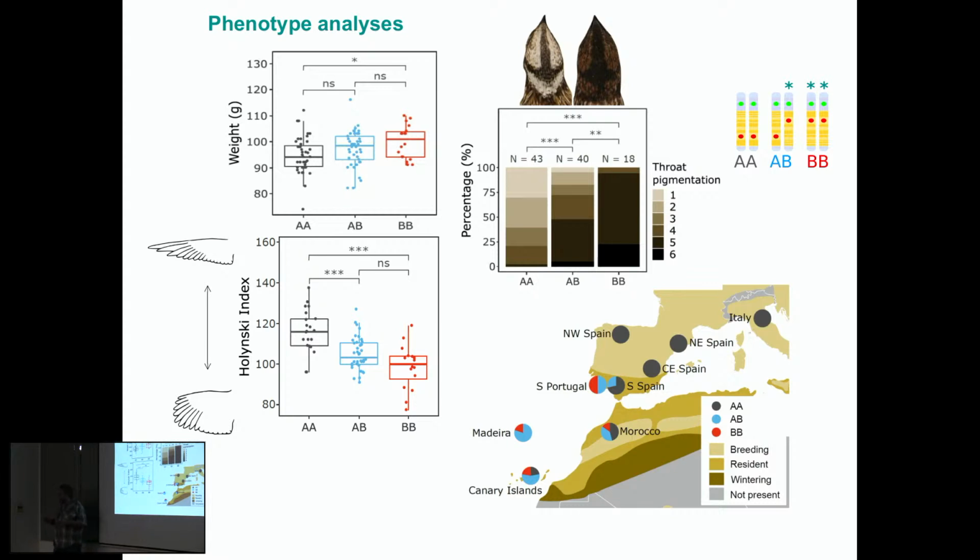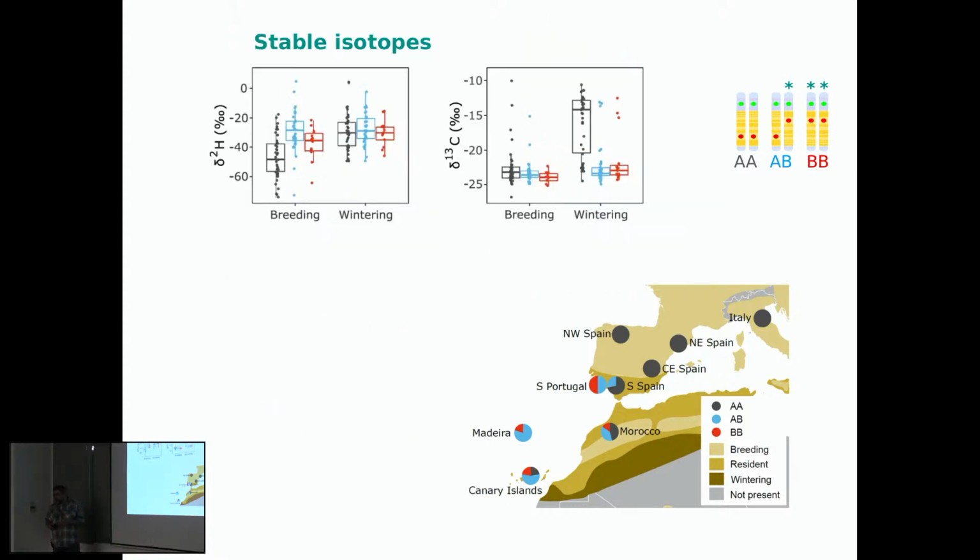Well, this is just morphological analysis. But with each individual that we captured, we could take feathers. And quails molt, the change in feathers during the year. There are some feathers that are grown in wintering grounds and some feathers that are grown on the summer grounds, on the breeding grounds. So we could look at the isotopic composition and try to see if the habitat seems the same. And this is what we see.